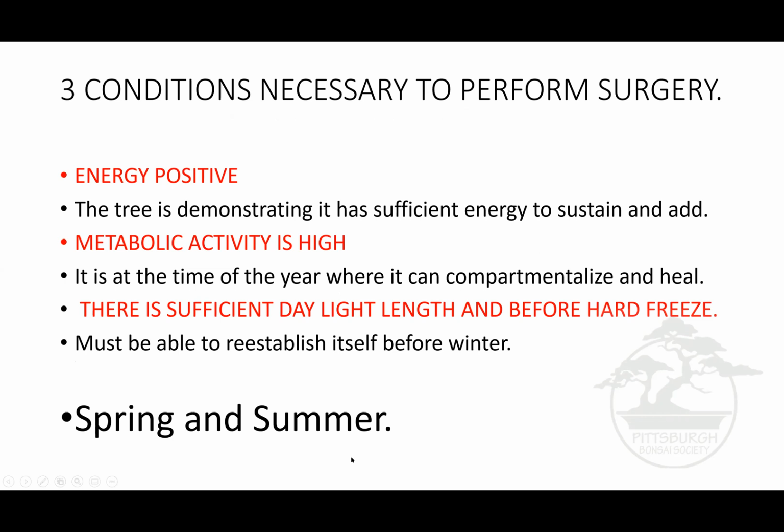So the 3 conditions necessary to perform surgery: A, the tree's got to be in an energy positive state, and you know that when it's sustaining and adding. Its metabolic activity is high, and it's a time of the year where the tree can compartmentalize and heal. And finally, there's sufficient daylight length and time before a hard freeze for the tree to reestablish itself for you to do any of these operations. And that's generally in spring as buds are swelling, and about midsummer